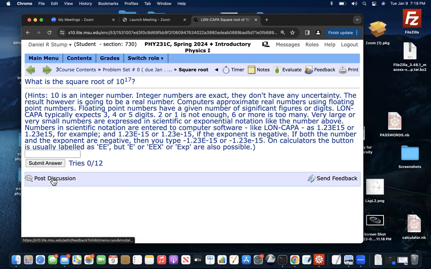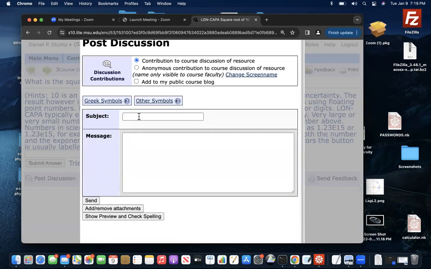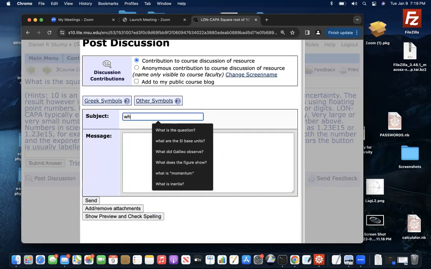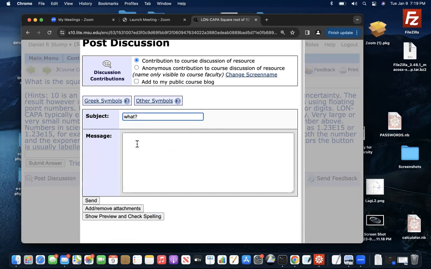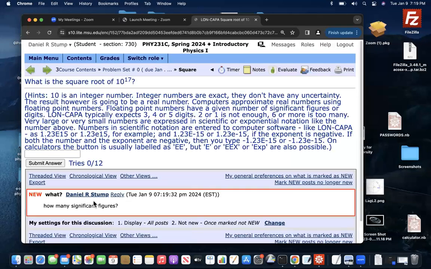All right, so you post a discussion, you give it a subject. Okay, how many digits? How many significant figures? Send. Okay, now if you go back,